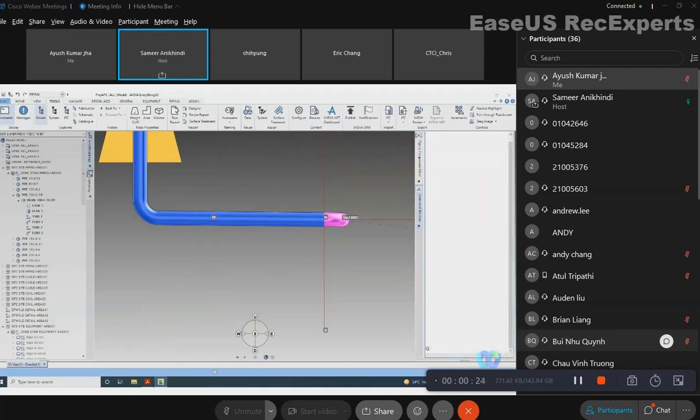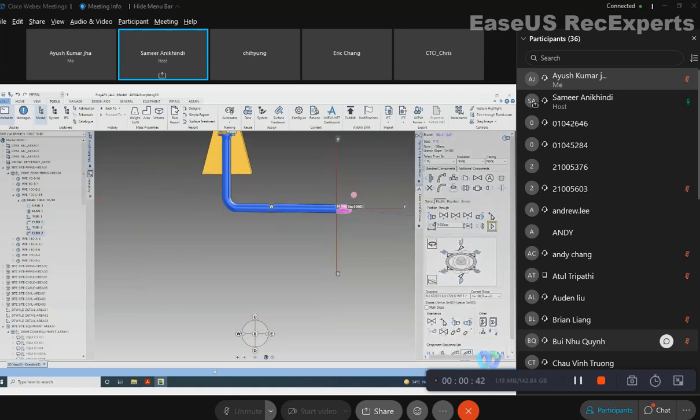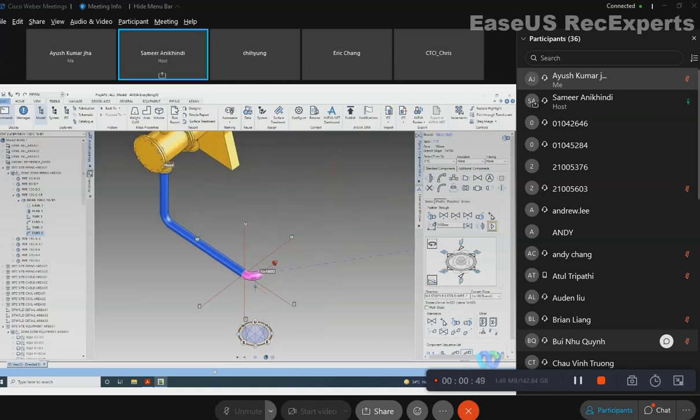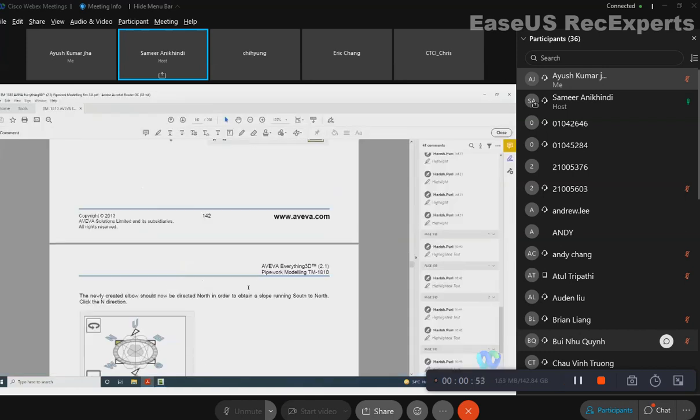So Q, you can just do QU and go to previous elbow, QU, right? 373 and 357. So definitely the elevation has come down. So we are at this elbow, and if you want to continue, it will take the same angle. The 1:100 will continue, but if you want to change,